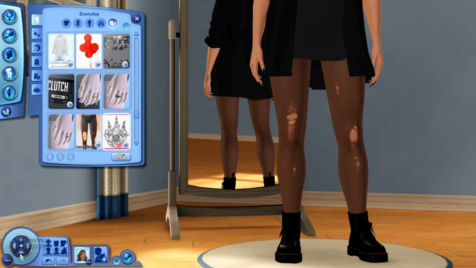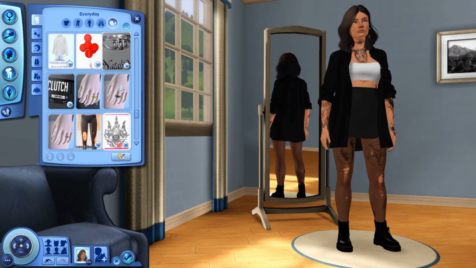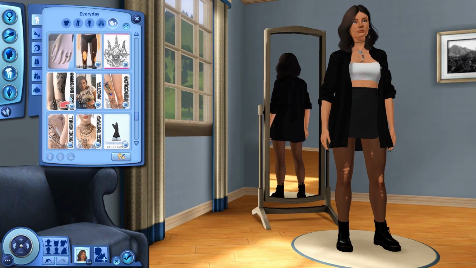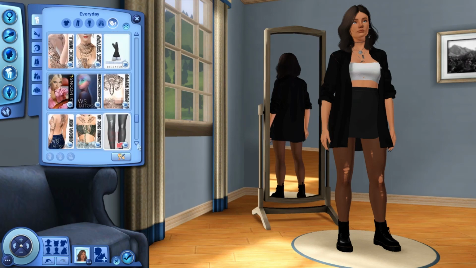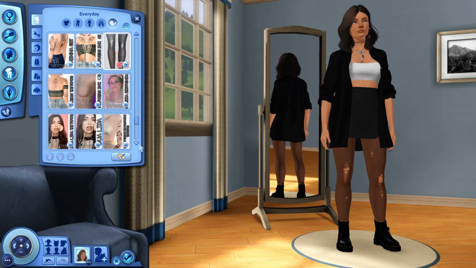And then we went in, you get to watch me play around with tattoos. Now, I will say, this is probably the part that took me the longest, because I kind of wanted to get her vibe down before I went in and recolored the outfit. And this took me forever. I was trying to find some bigger tattoos, more tattoos, and it wasn't just a few little ones.